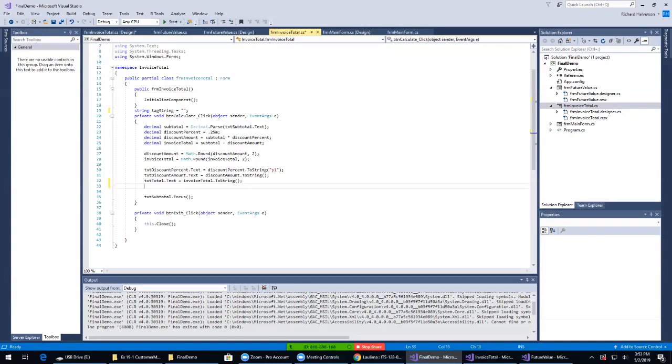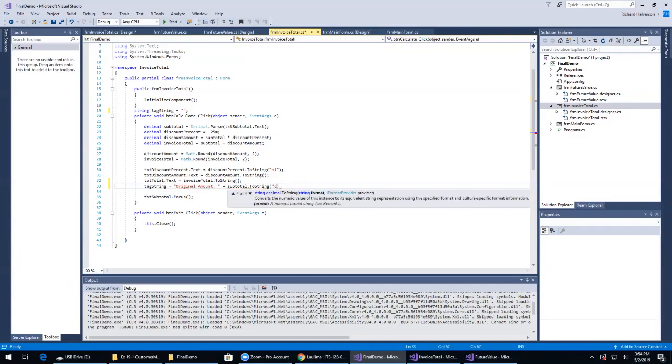I'm just going to go tag string equals "original amount: " plus subtotal.ToString("C"), because it's a money amount, plus